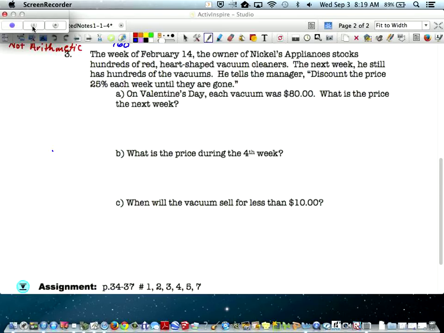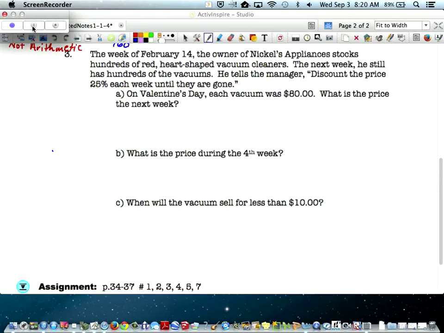So, they are priced at $80. Then they start the discount. Correct? So, on Valentine's Day, each vacuum is $80. What is the price next week? $60. Well, if the discount is 25%,